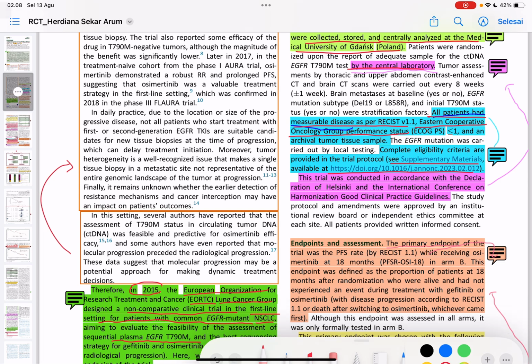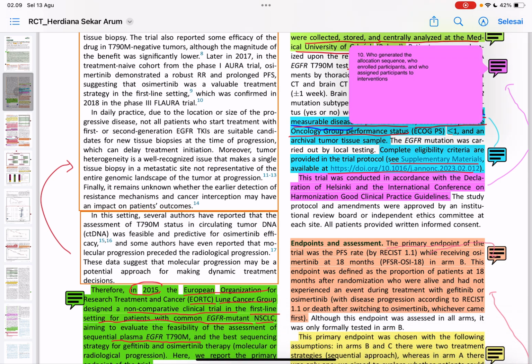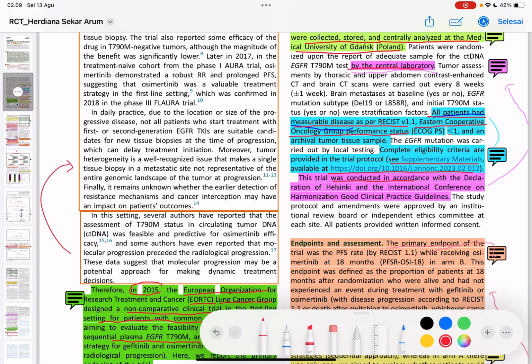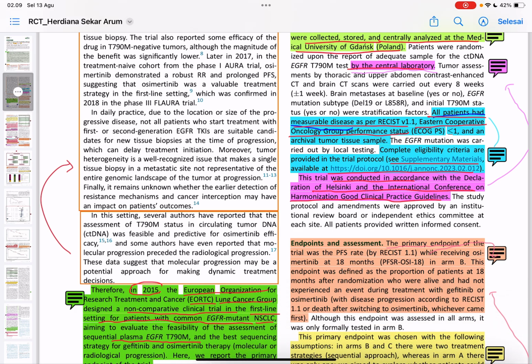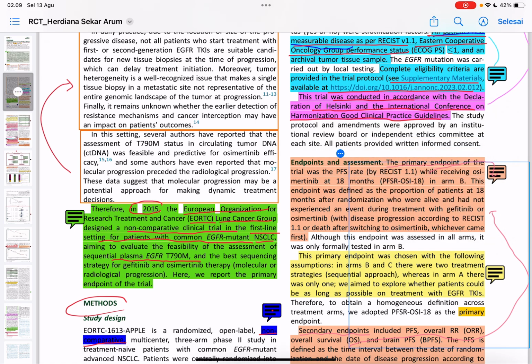Next, this is the generated allocation, because the trial was conducted in accordance with the Declaration of Helsinki and the International Conference on Harmonisation Good Clinical Practice guidelines. Next, we have endpoints and assessment in here,